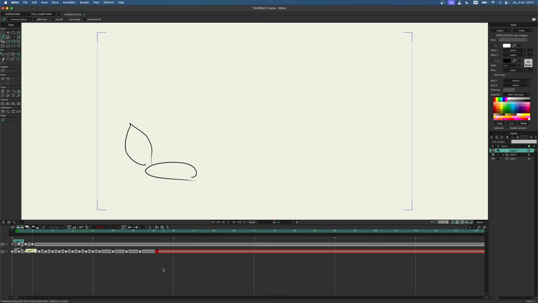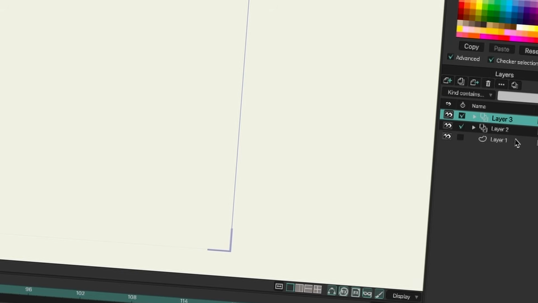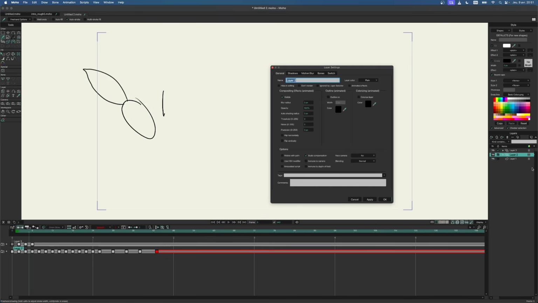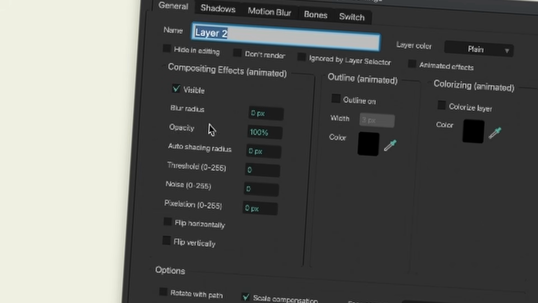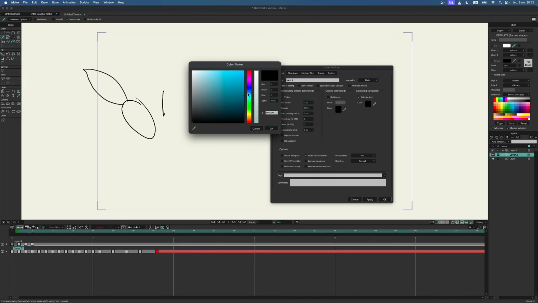And last but not least, if you want to make one of the layers transparent, it's super easy. You can double click on the layer, and then this window will open. This window is super great. If you are curious and want to venture on your own, I recommend it. I found so many cool things by just dabbling in it. But what I want to show is you have here the option to lower the opacity. And you can also colorize the layer, which I really like when I'm doing rough. I like to be able to just take my layer and maybe turn it blue, like this, and then press OK.